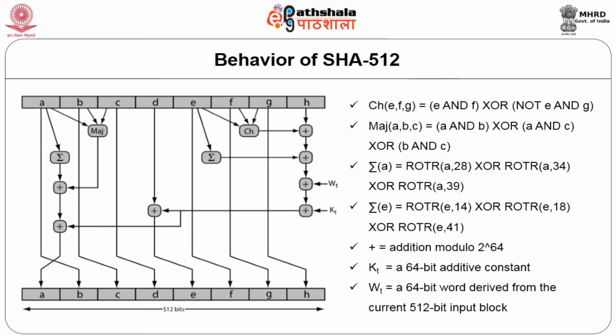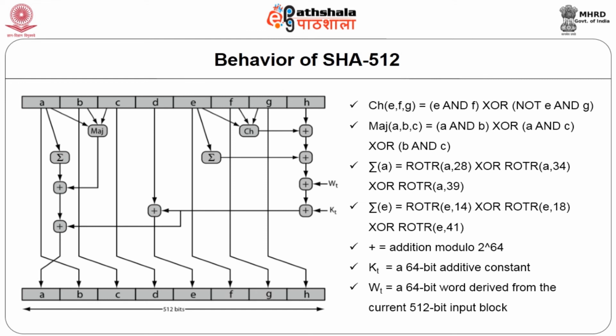Sigma 0 512 suggests you have to rotate right one time on X, exclusive OR with rotate 8 times on X, exclusive OR with shift with padding of zeros on right 7 times on X. And then you have to add WT minus 16, that is 19 minus 16, W3. So each new W is an operation performed on the previous W's, and you can generate the new one. Don't forget, the addition which we are going to perform is always addition modulo 2 raised to 64.